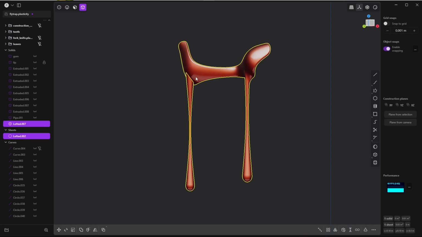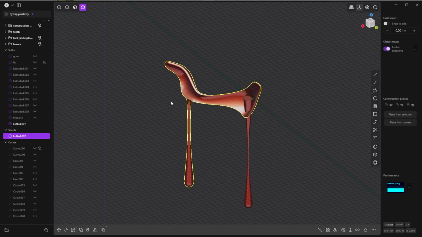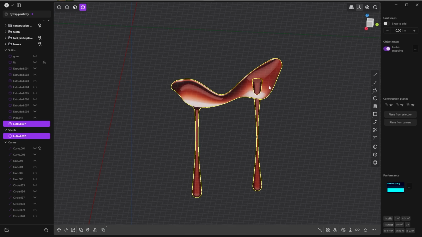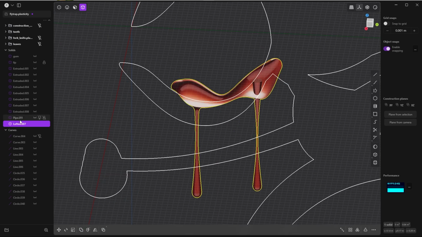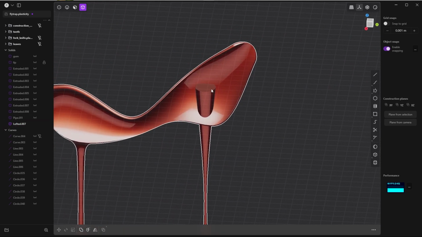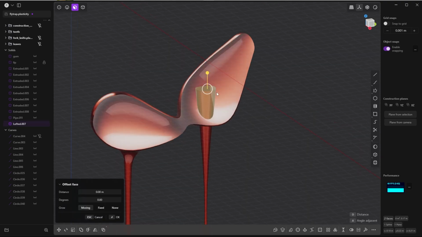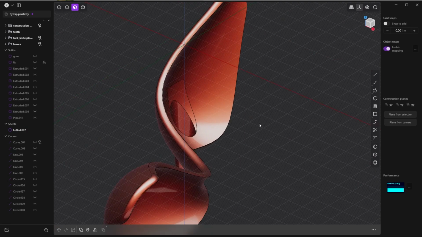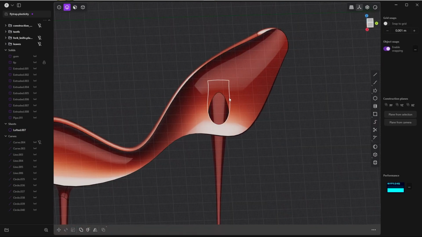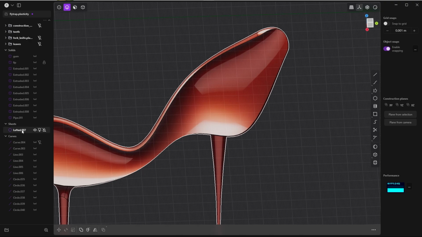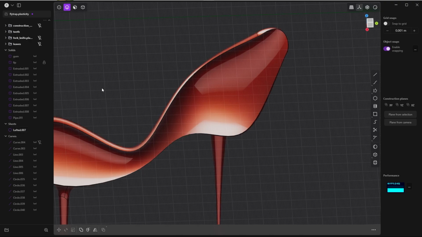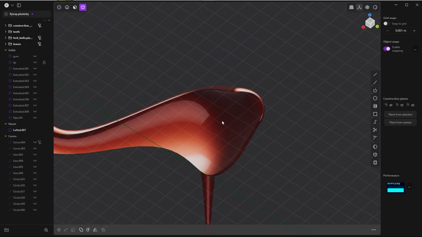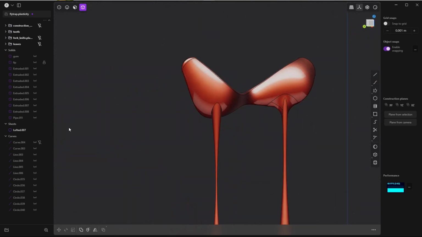Select both solids. I don't know why this one is a sheet. Select both solids, press Q, Q. Now it's a solid. Now we can delete these redundant faces. Select both faces, Shift X, show the edges so we can see what we are doing. In edge mode, select this edge loop, Shift X for closing this one. And now I can see somehow it converts itself again to a sheet. Although there isn't any open stuff, in the next Boolean operation it will again convert itself into a solid,